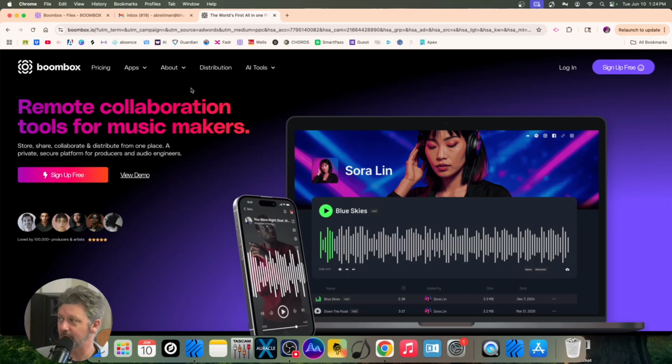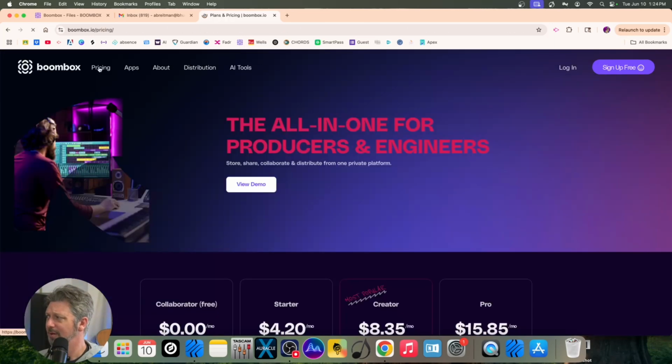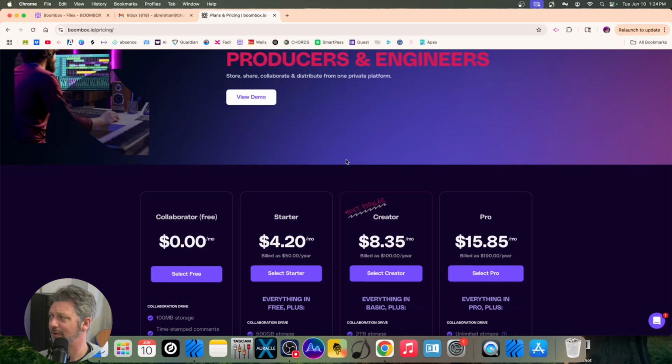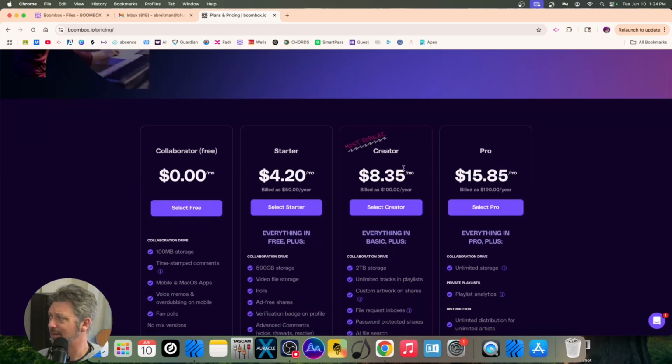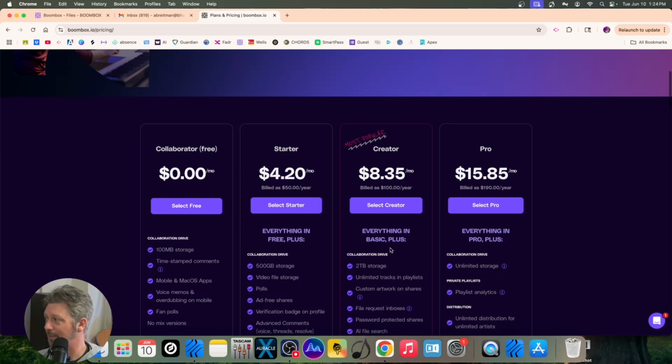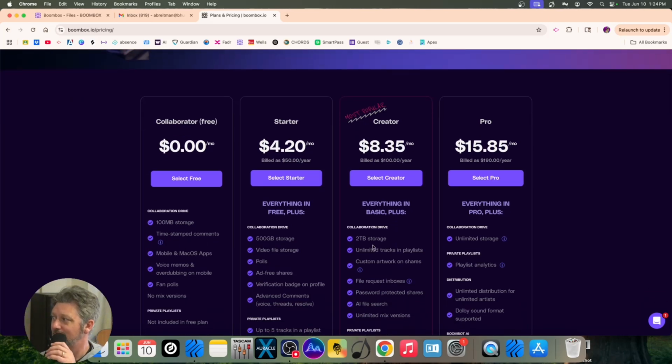So you'll have plenty of storage for this class, but if you are interested in the pricing, it's very affordable. You can literally do it for $100 a year and store up to 2 terabytes worth of stuff. I think I'm on the starter package of 500 gigabytes. Yeah, that's a lot of storage. Okay, so anyways,